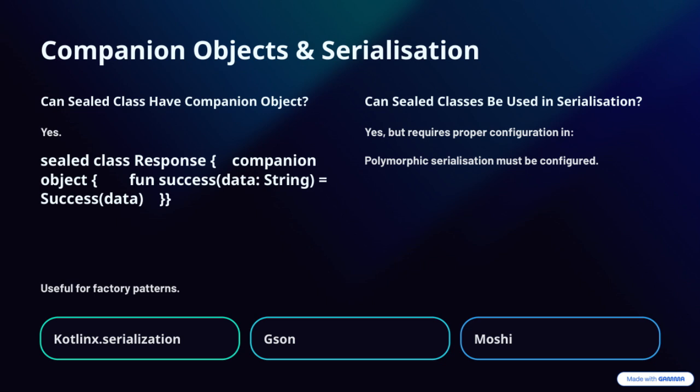For example, consider a sealed class response with different subclasses like success or error. You can define a companion object inside the sealed class, which provides factory methods like success, to create instances easily. This brings us to the question, can sealed classes have companion objects? The answer is yes, they can. And this is really useful because it allows you to add helper functions or factory methods directly within the sealed